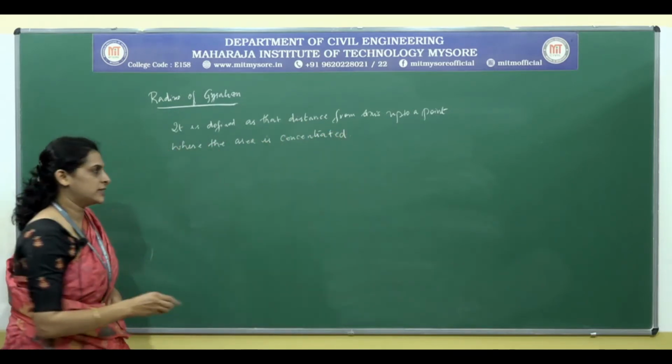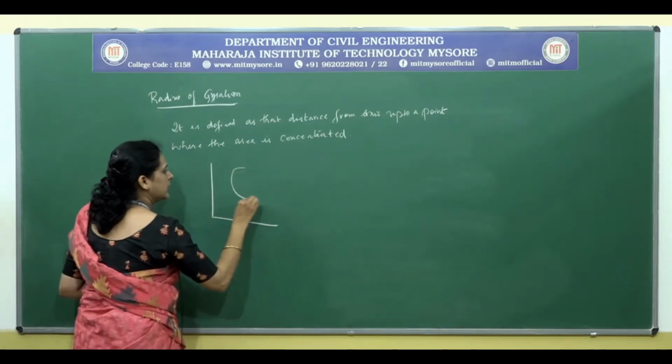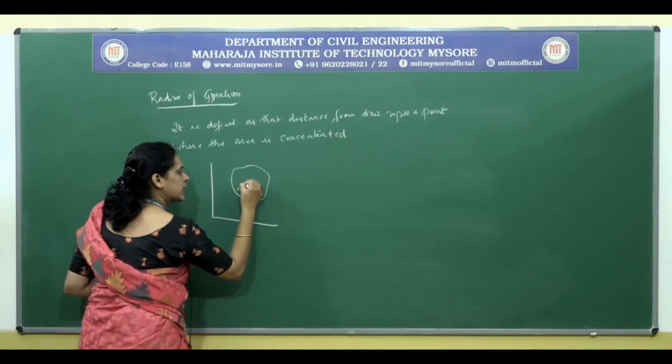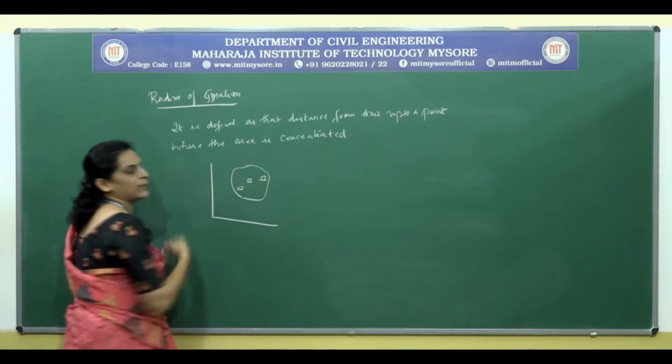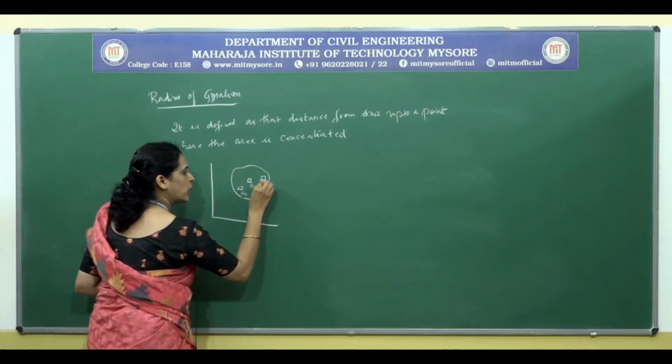To understand this again, we'll consider an area wherein we consider some small elements, naming that as A1, A2 and